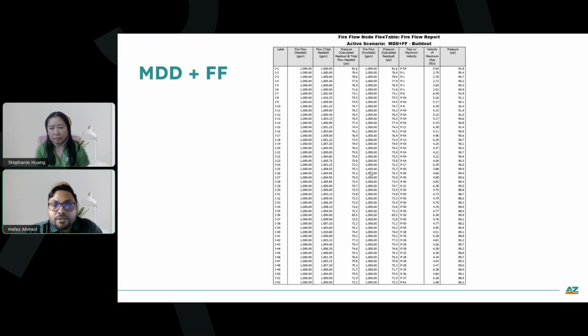The key point of these results is that you want to identify if there are any failed nodes or pipe networks that don't meet the minimum pressure requirements or exceed the maximum velocity of 10 feet per second. If it exceeds, you want to install some pressure reducing measures, and you also want to make sure the available water demand at least meets the calculated demand or exceeds it. Okay, next slide, please.